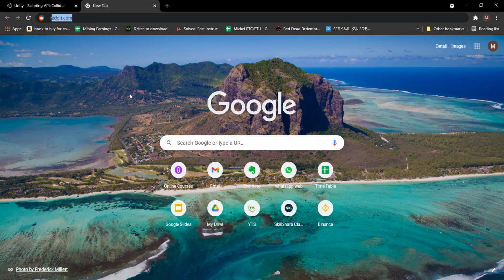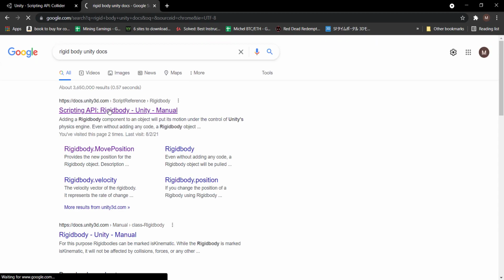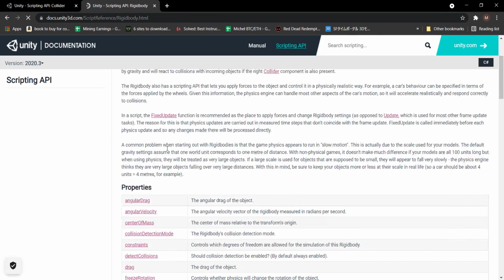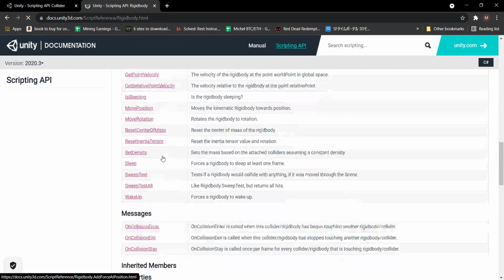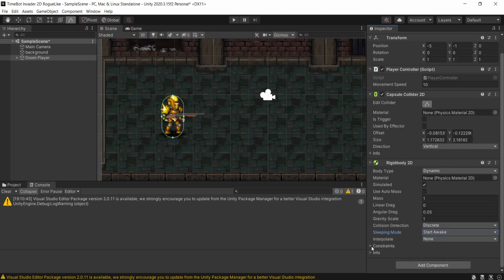So I'm going to go in here, rigid body, Unity docs. There we go. We see the Unity docs. And you can see the description, the properties, the public methods, and so on and so forth. So let's go back in our game. We can see right here we can change the mass, the angular drag. We can change the way the collision is detected, discrete, continuous, but it takes a bit more processing power. The sleep mode, the constraints, we're actually going to use them in just a bit. You'll see why. And we can change this from dynamic to kinematic to static, and each one of those is